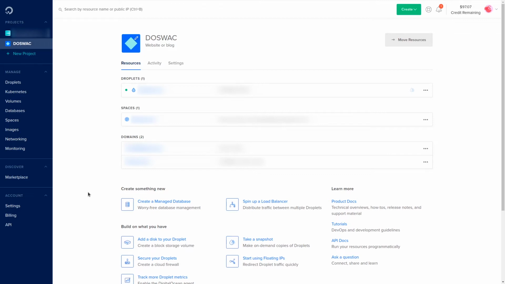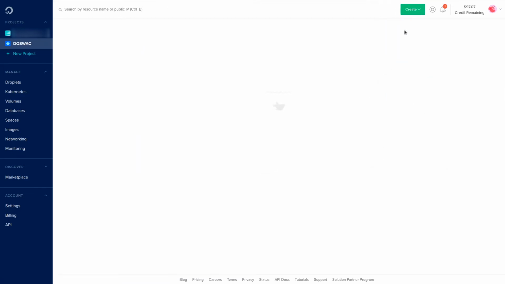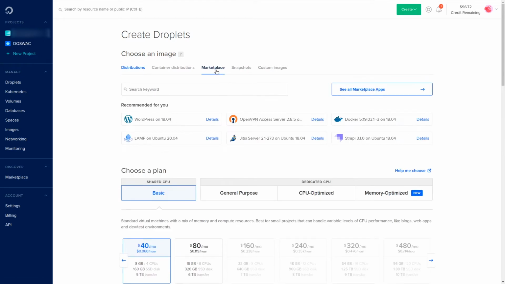Once you have logged in, go to Create on the upper right corner and select Droplets. In the Choose an Image section, you can select whatever Linux OS distribution you are comfortable with, or as per your requirements. You can also select any image from Marketplace with installed applications and frameworks like WordPress, LAMP server, and so on.